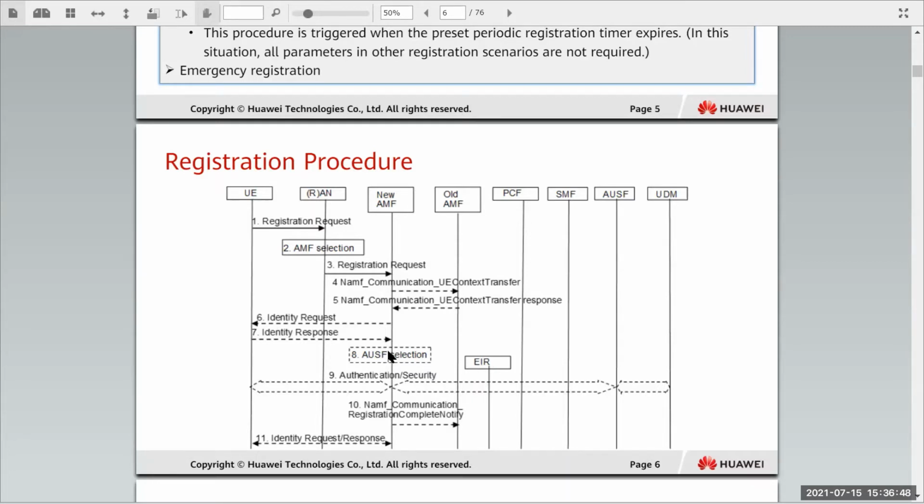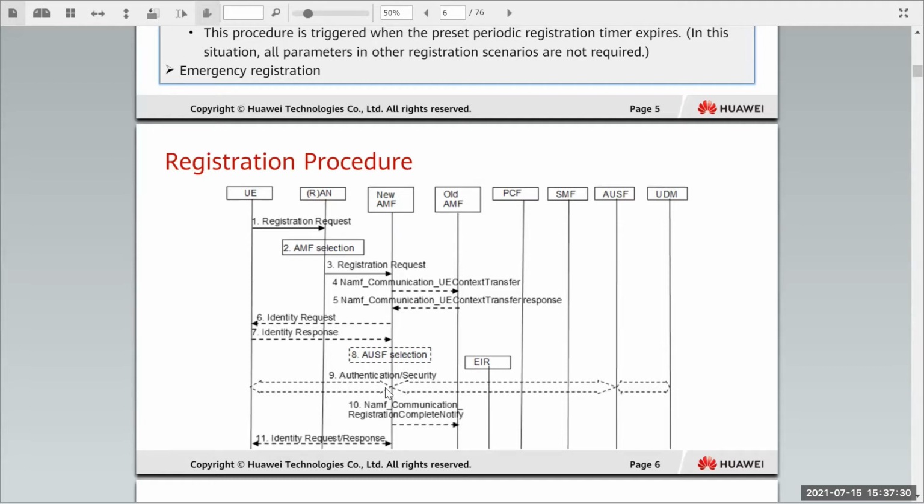Okay, AUSF selection, because of the IMEI information. If you have, let's say, one AUSF in your network, then by default all the requests will go to that AUSF. However, you can control the AUSF selection from the IMEI, which will work the same as the EIR in your network, where IMEI information can go there for authentication and for security purposes. Then once that authentication and security happens and the response matches, the integrity of the platform, the UE, is verified,